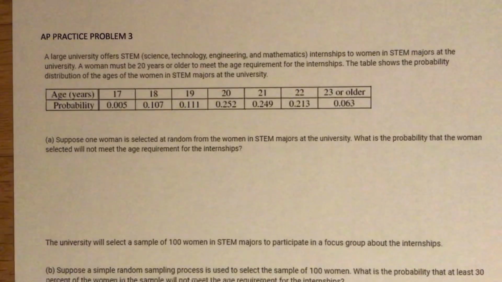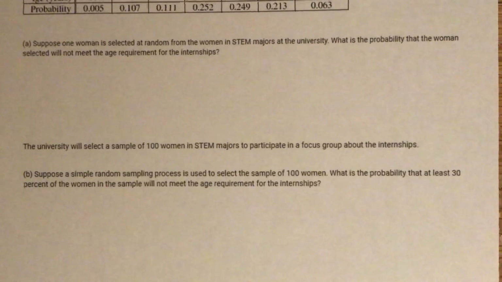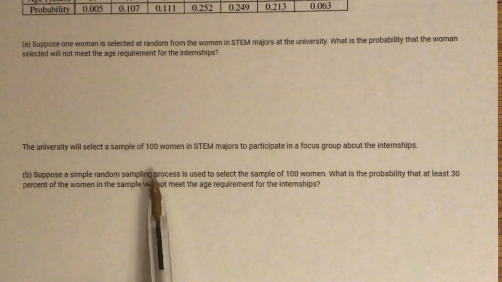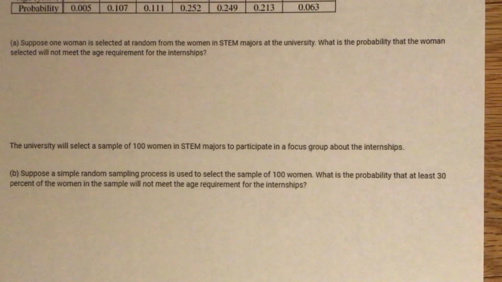All right. So then they move on. They talk about a sample of 100 women in the STEM major who are going to participate in a focus group. So the key thing here is that they have moved to a sample, right? So they're going to grab 100 women out of this population, and we'll see what they want. So they go, suppose a simple random sampling process is used to select a sample of 100 women. What's the probability that at least 30% of the women in the sample will not meet the age requirement for